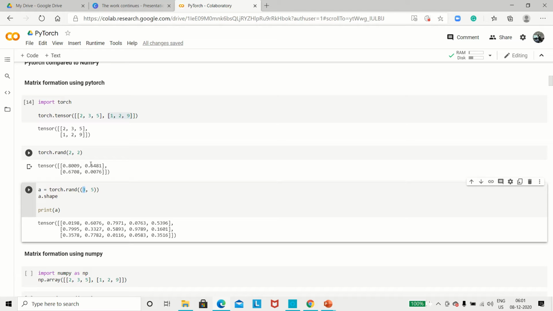So either you can put in your own specific values, that is option 1, or the second option is that you can do it on a random basis. You can just tell the system what size of matrix you want to build, and the system will choose the values accordingly.